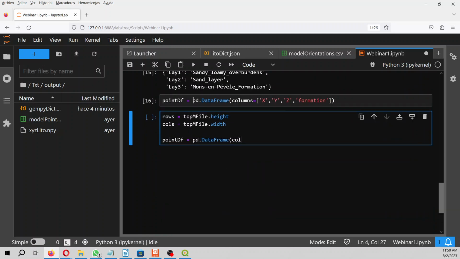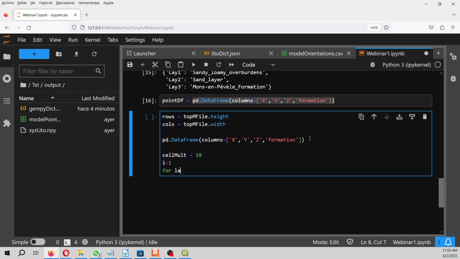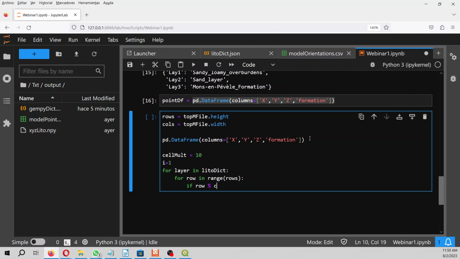Well, actually, I don't know why, but this is okay. So we use a cell multiplier, and we are going to use 10, because we are going to use one value each 10 cells. Here we use a counter and say for layer in litodict, for row in range of rows, if row integer divided by cell multiplier is equal to 0, so that means if it is a multiple of 10,